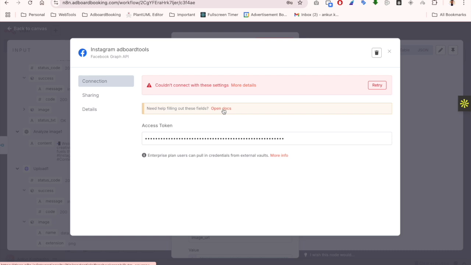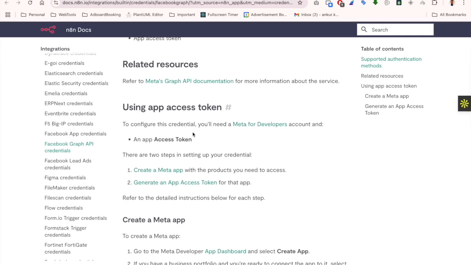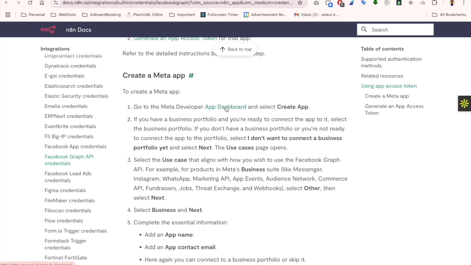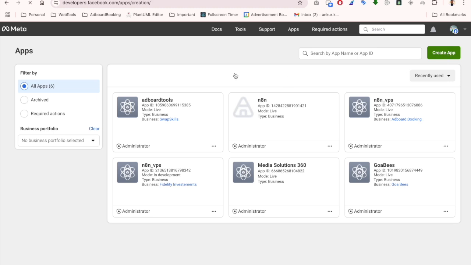You just have to click on open docs here. Okay, so it contains all the reference here. First of all, you need to create a Meta app and then generate an app access token for that app. I click the link here, and in here you have to go to this app dashboard. It will take you to developers.facebook.com. There you have to create a new app